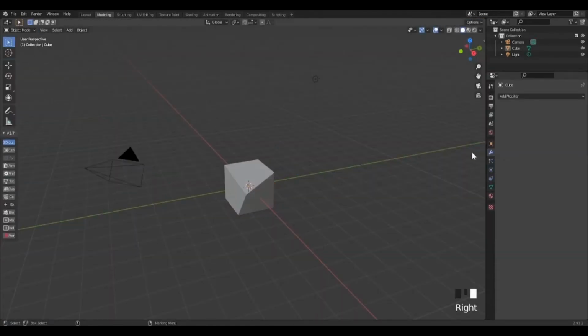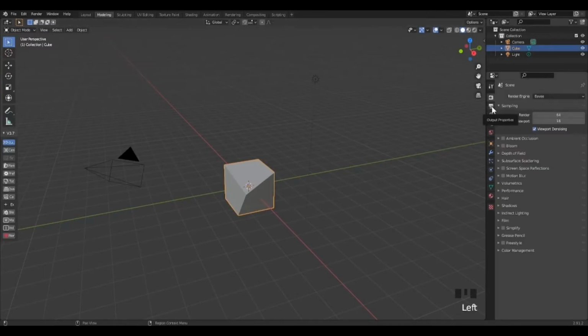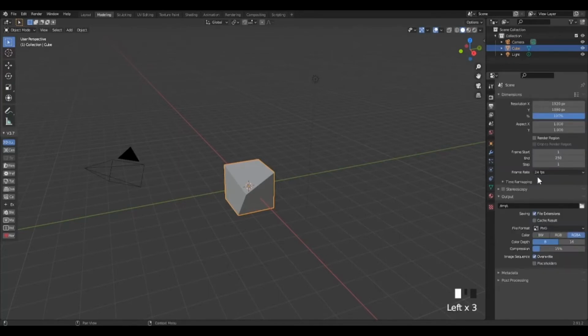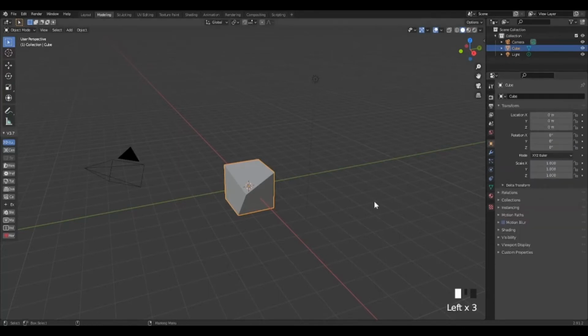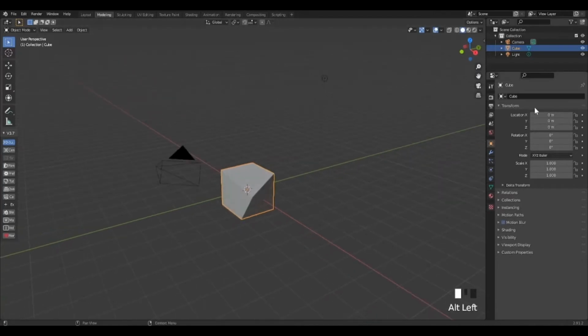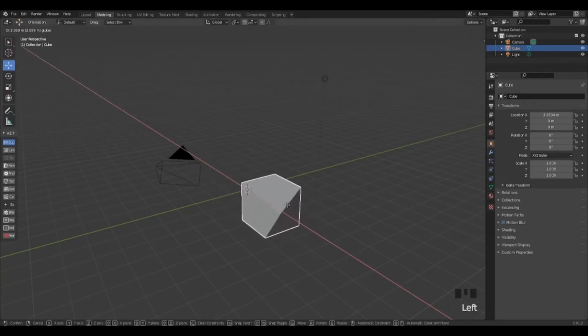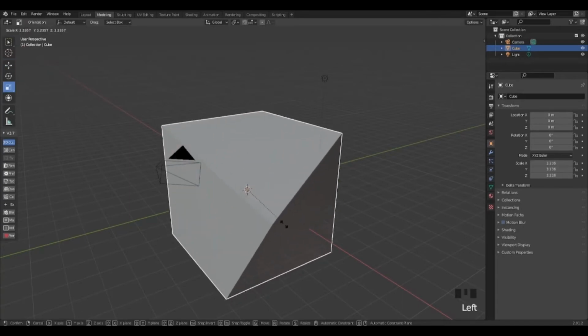Next, I'm going to be going over the different tabs we have here on the right-hand side. The first few tabs we have are just controlling our render settings. The next tab we have here is our object settings tab, where we can see our object's transforms and control how we are able to see our object in the viewport. As you can see here, when I move the object side to side, its transforms are affected,